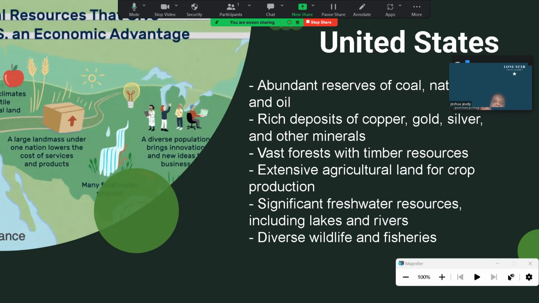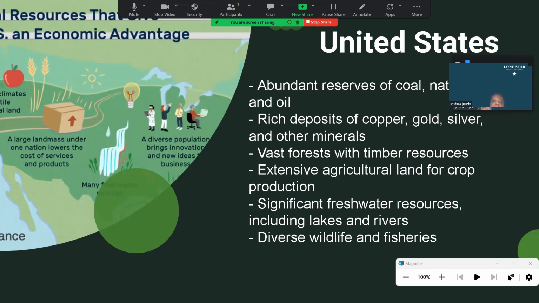So we got oil, we got natural gas, we got coal. All these natural resources are very important for our production. For example, if you are driving on the highway, what do you need? You need gas in your car that is pumped from deep inside the earth. They pump out that oil and that natural gas, and then that gets brought to the refineries, which then gets cleaned up and then put in the gas station for you to gas up your car.